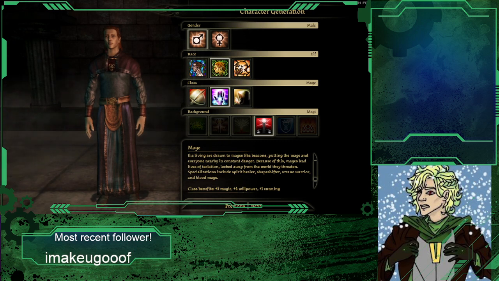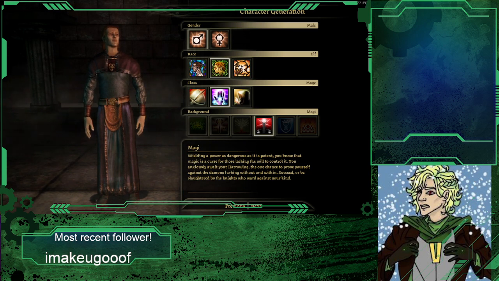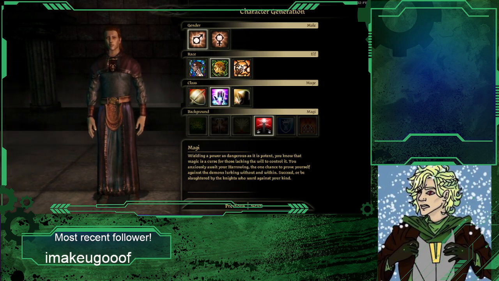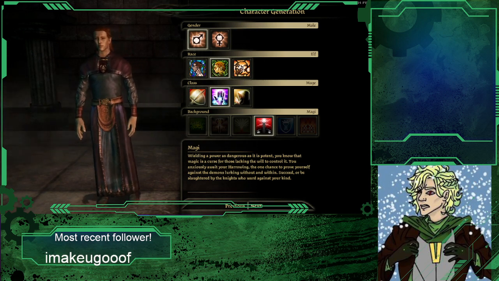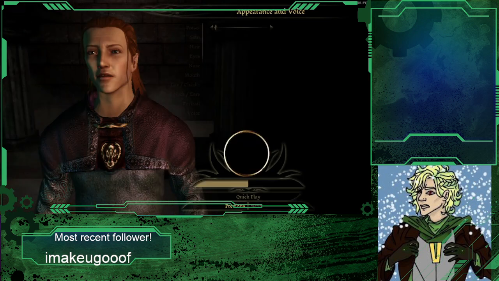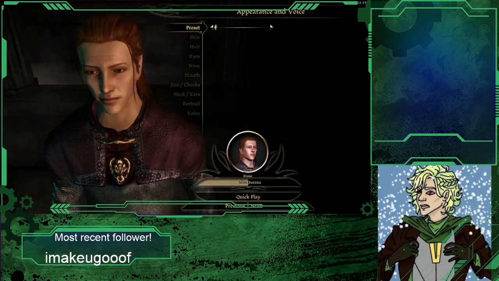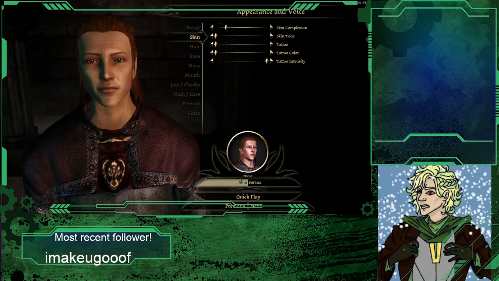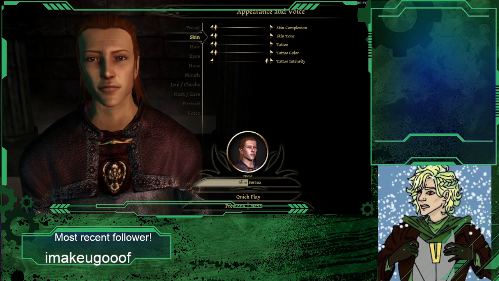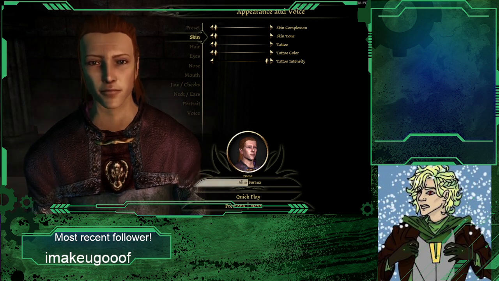Oh, and there's a lot of different kinds, so that's pretty cool. And then Magi. Magic occurs for those lacking control. Succeed or be slaughtered by the knights who ward against your kind. Cool. Male, elf, mage, magi background. Greetings. Oh, cool. Now I get to design myself. Great. We all know this takes the longest, so I hope you all are prepared to bear with me.